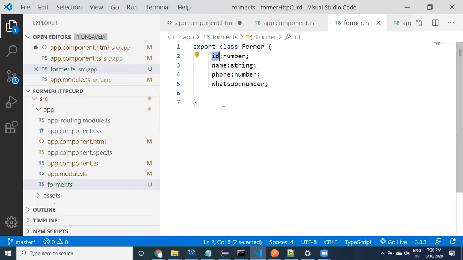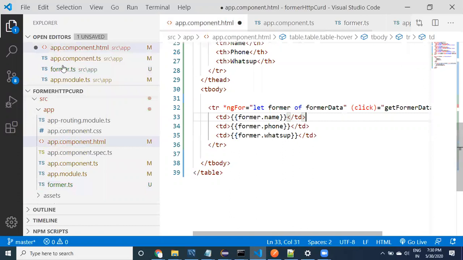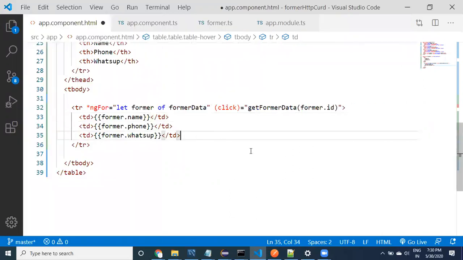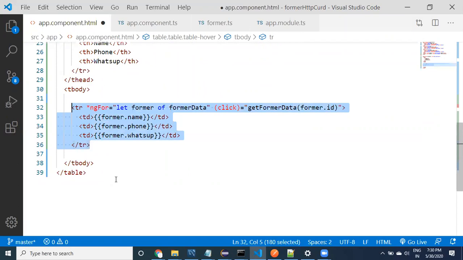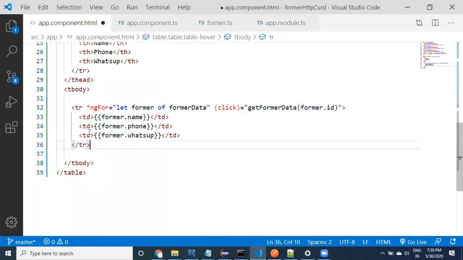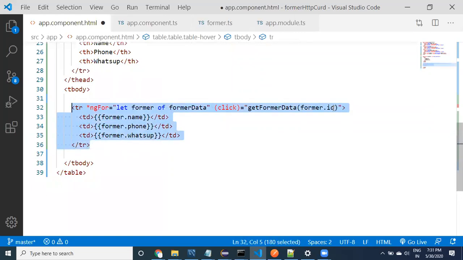Now whenever you have this farmer object with ID, when you try to read the data, all the data is going to come along with ID. It is also going to be retrieved. So now here it is okay. You are able to send the farmer ID. Now multiple TRs are going to be created. For every TR, a separate ID will be available, because every TR has one farmer's information, and every farmer's information has one particular ID. Whenever you say farmer.id, ID is going to be available.